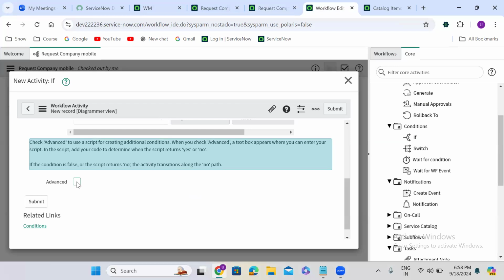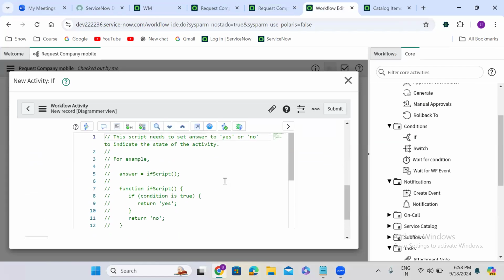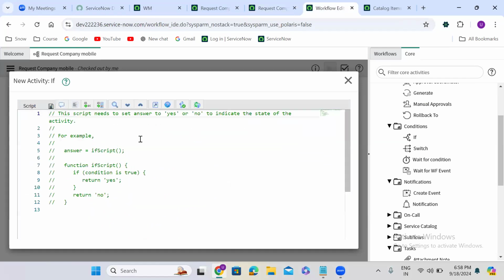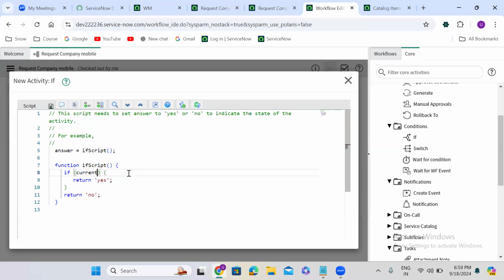That is why I'm choosing the advanced tab here. In the advanced tab, I'm maximizing this one. I can uncomment this particular line of script. Inside the if condition, I have to write the condition. I'm using current dot variables dot